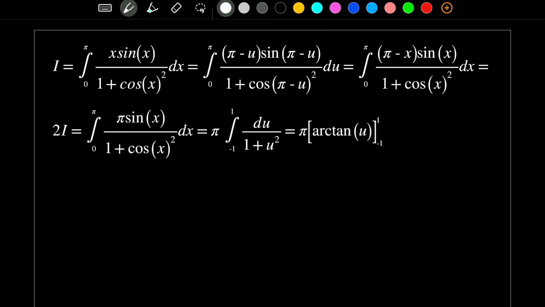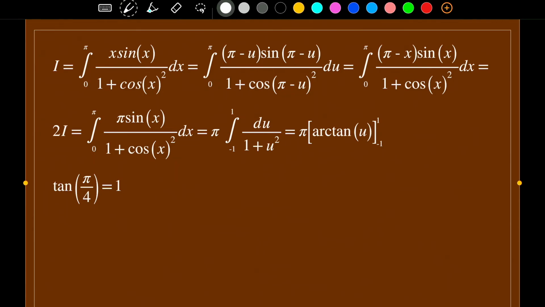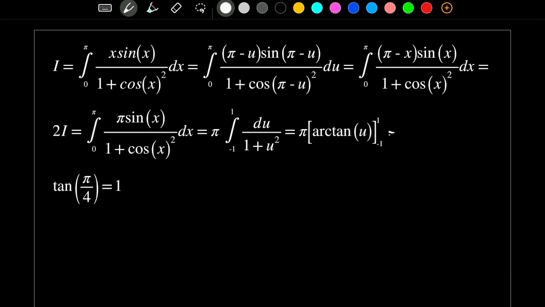Now recall that the tangent of pi over 4 is equal to 1. So the tangent of minus pi over 4 is going to be equal to minus 1. And so we can say that this is equal to pi times pi over 4 minus minus pi over 4, which gives us plus pi over 4,